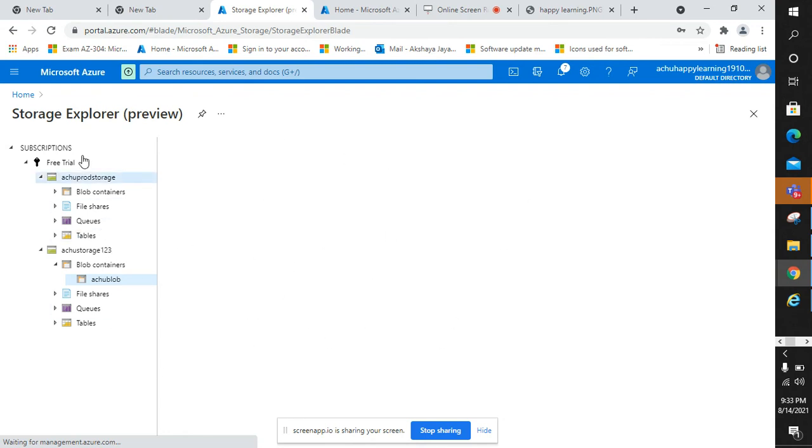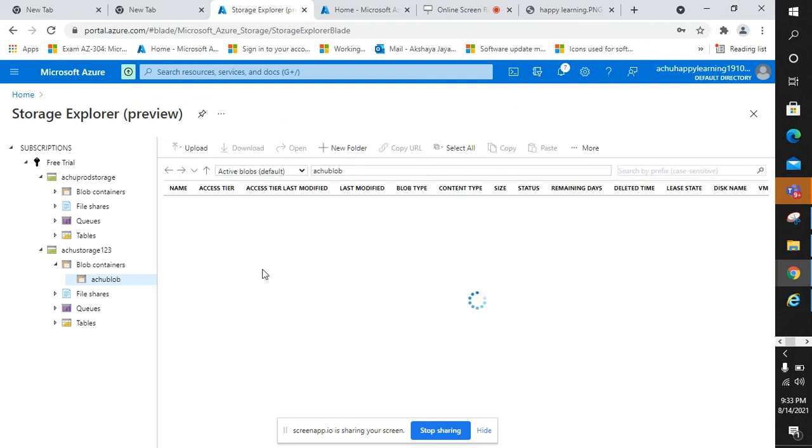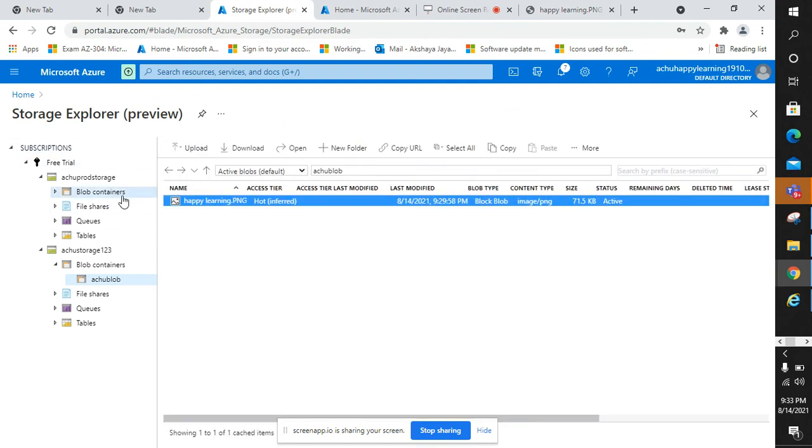Since I have linked it to this particular subscription, it's automatically opening with that access. If we don't have that, then we need to give access keys here, or else a shared access signature for accessing this. And as I said, or else we need to have the active directory role in place.